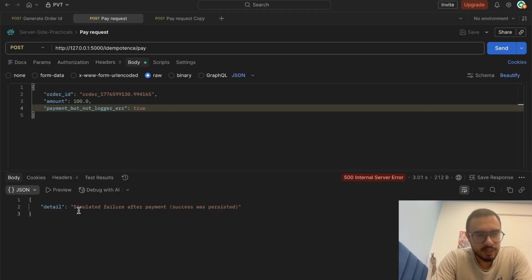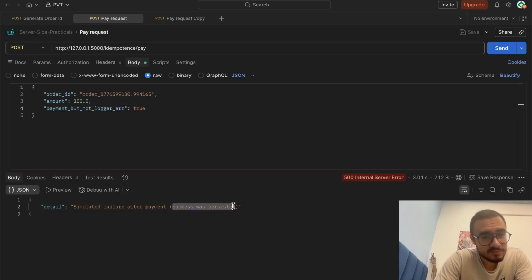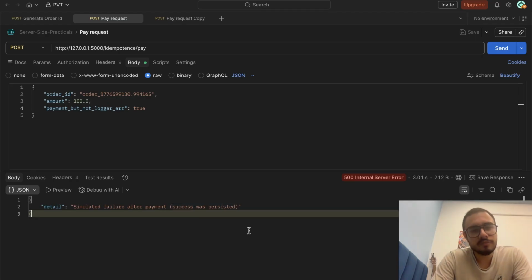And see, we have simulated a failure after payment, but success was persisted. What does that mean? That means if we retry, this won't try to make another payment. Rather, it will ask Razorpay, do you have a success payment record? If you do, please give it to us, and we'll send a success response to our client and save it